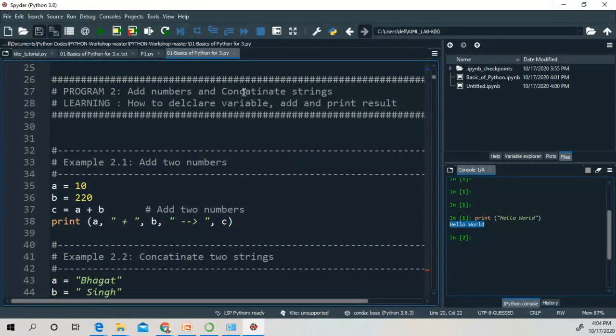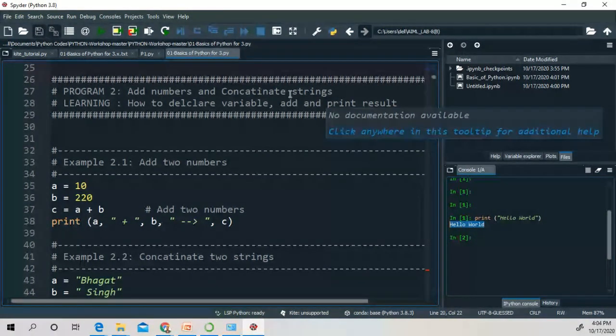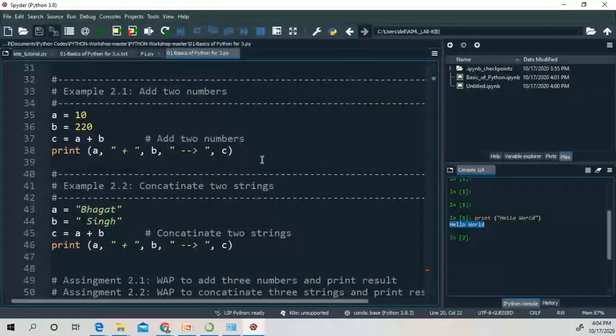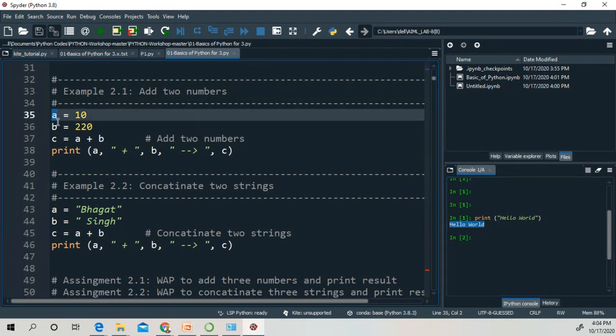Add numbers and concatenate strings, which means we have to join two strings. In Python, we take a variable and assign the value using the equal to sign. As we can see right here, a is a variable.